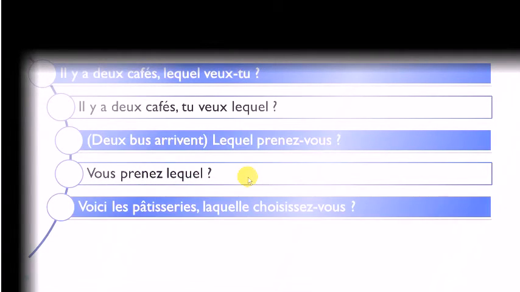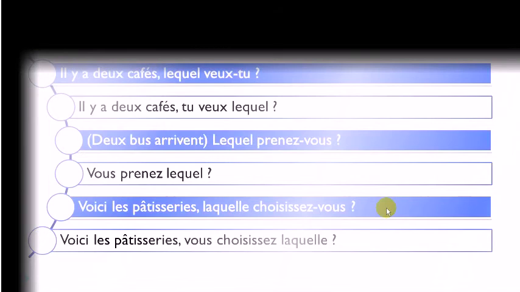All right? And then another example. Voici les pâtisseries. Laquelle choisissez-vous? Okay, choisir, to choose. Voici les pâtisseries. Laquelle choisissez-vous? All right? Same thing here. Voici les pâtisseries.